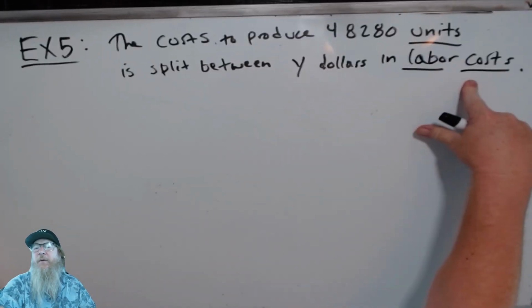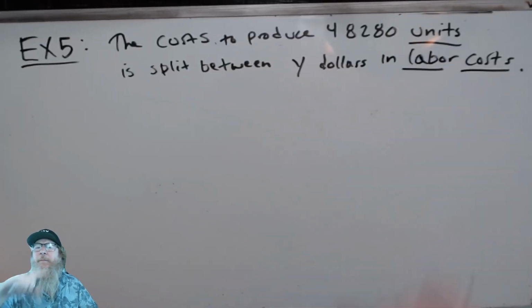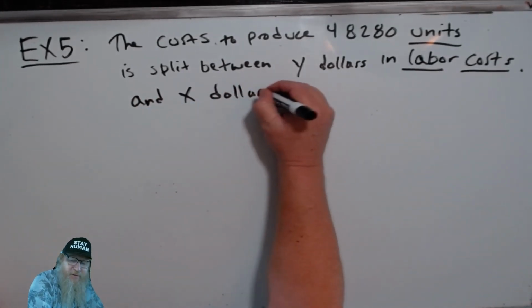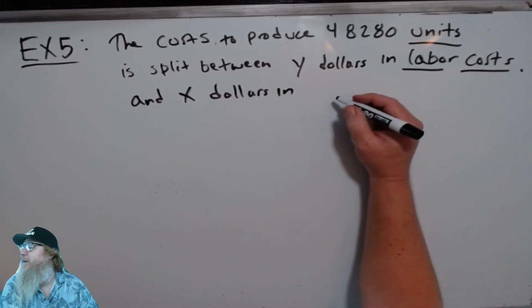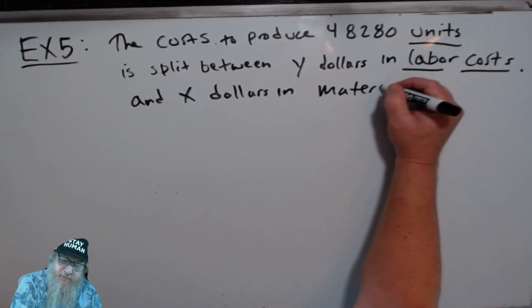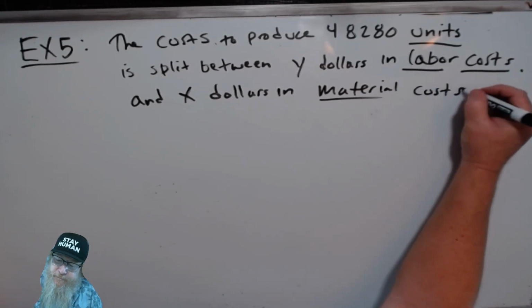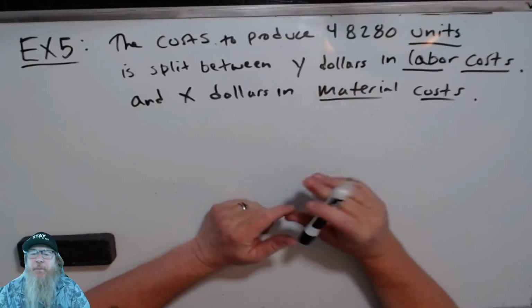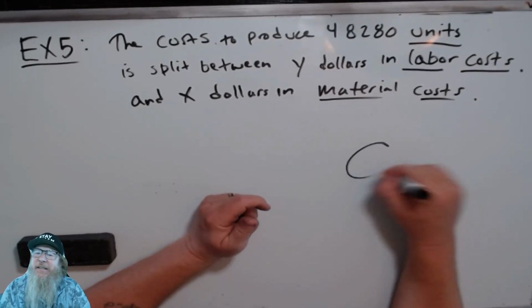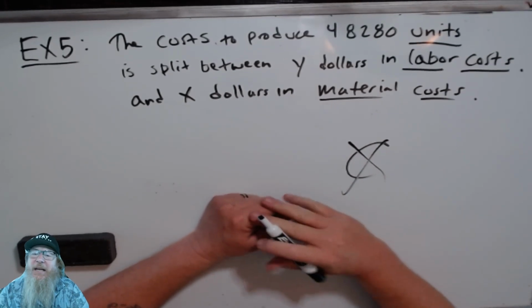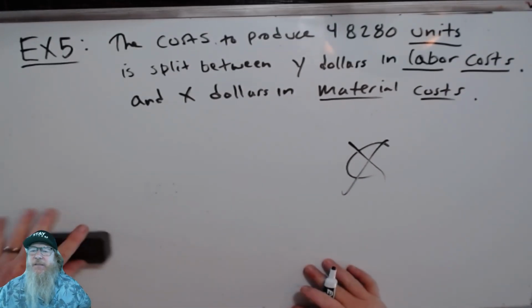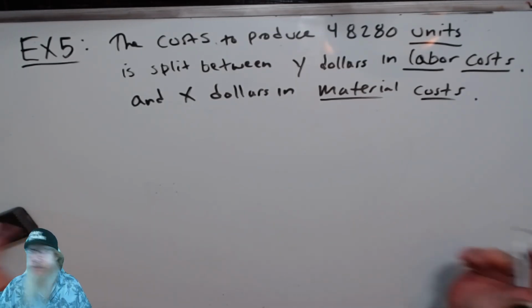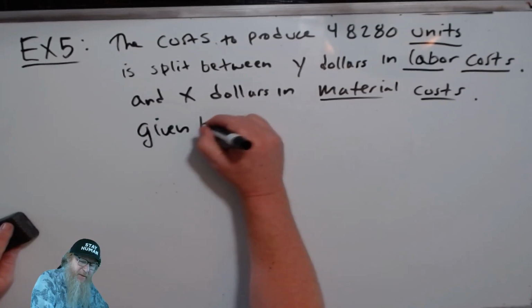So that's the people that work in your factory or whatever, and X dollars in material cost. So this is a new type of cost function, all right? It is not an explicit function, so we won't be using the C. C would be explicitly telling us what the cost is. This is an implicit relation, right? Implicit relation, and is given by the relation,